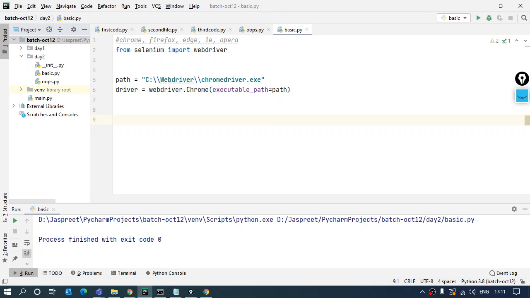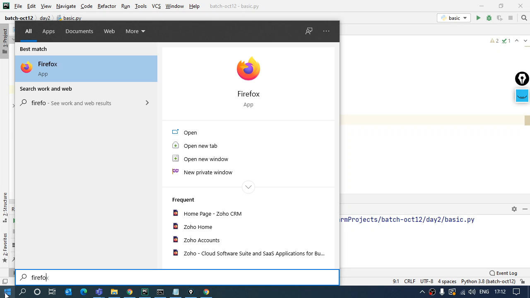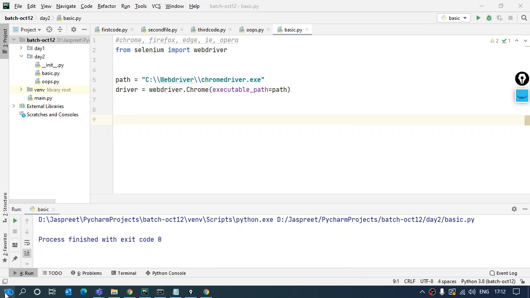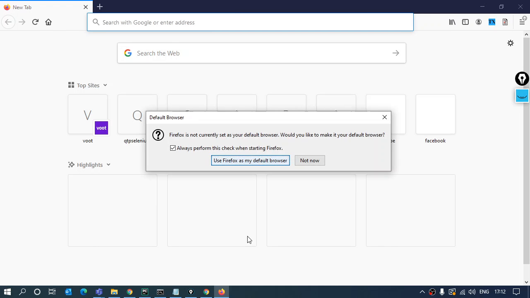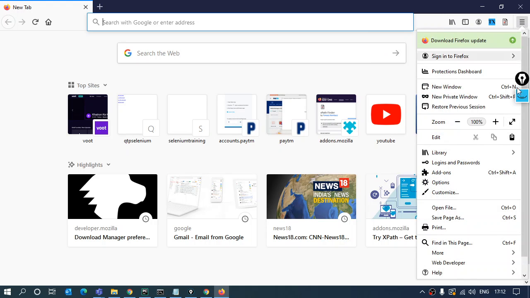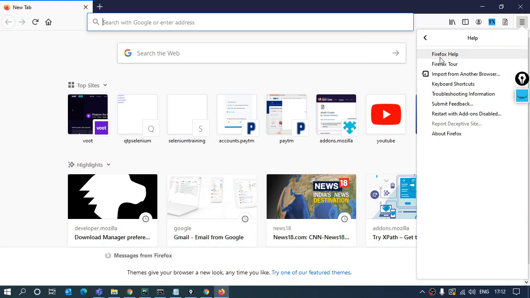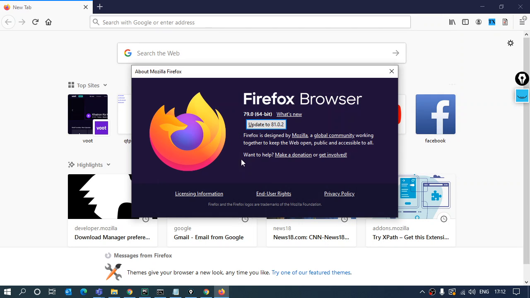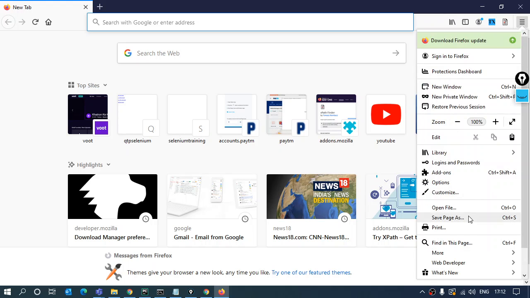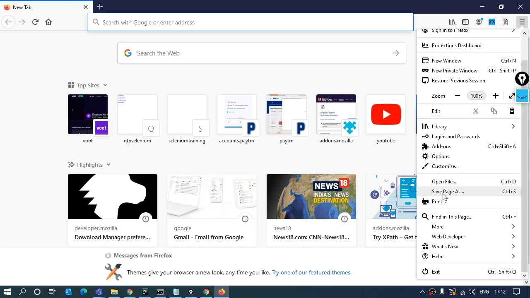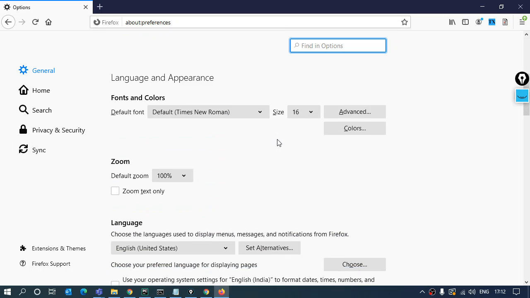Now talking about Firefox. For Firefox, as I said, we have the option to stop the updates from my end. So if I open my default Firefox browser, firstly I'll take a look at which version of the browser I am using. From help, I can look at About Firefox and I'll get the version. This is the version. You can see that I am using 79.0. I have not updated it to 81. It would have been done automatically, but I have stopped it. How? Just go to the settings over here, in the options. Over here you will find the section of updates.